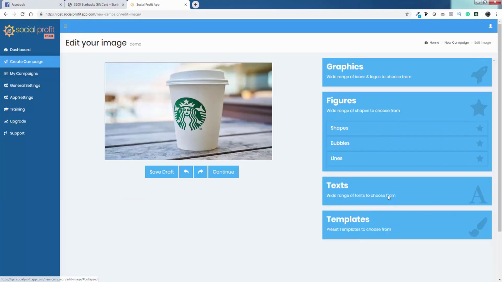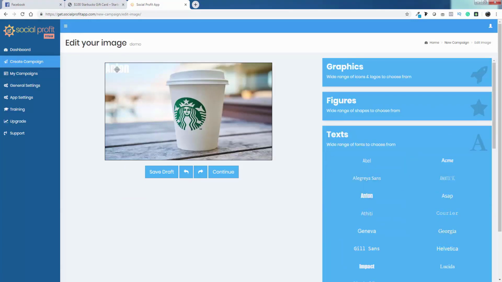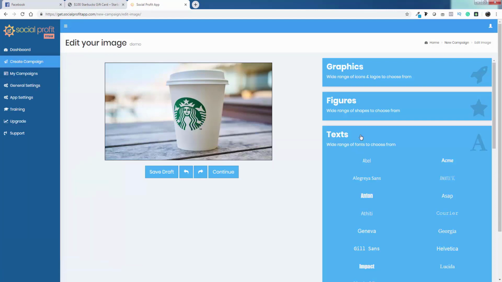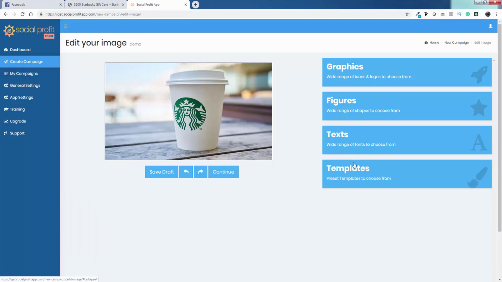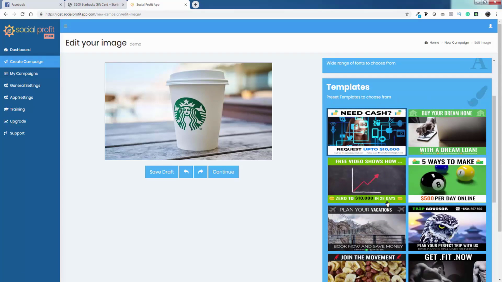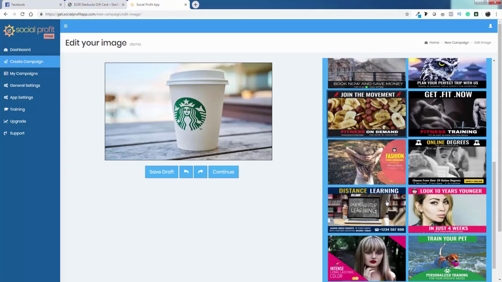You can also add text over your images. You will get a lot of stylish text templates, so all you need is to choose one among these and edit the default text with your own. And lastly, the most beautiful feature of our app, we are going to provide you ready to use templates on various niches.